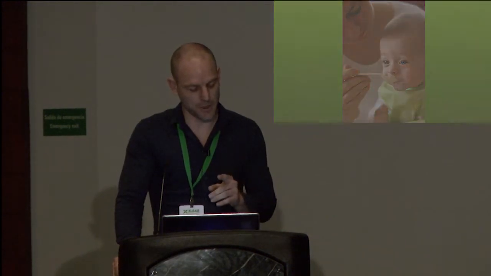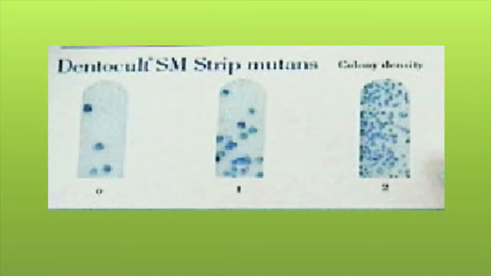But the point is, and as our colleagues have said in the room, what we've got to be careful of is we've got to realize that mothers who have not good mutans streptococci will inevitably transmit that bacteria to their children. And this is what we've got to try and reduce.